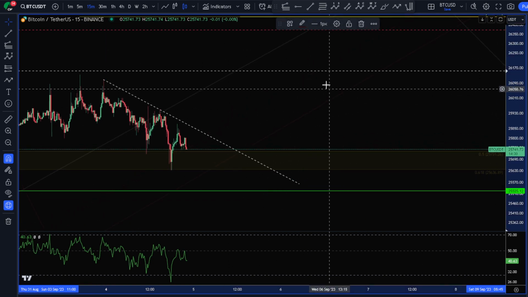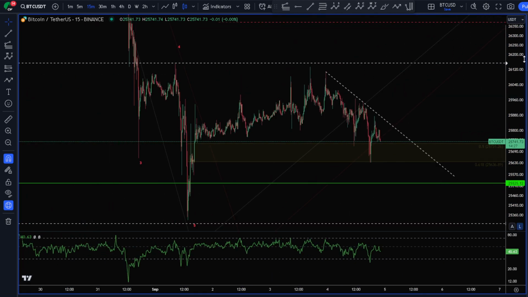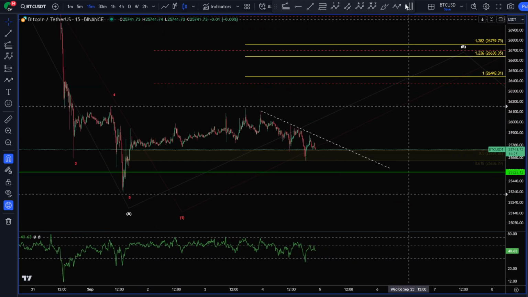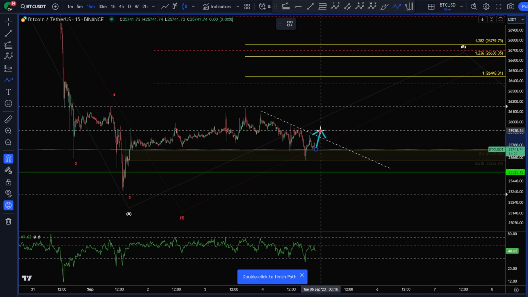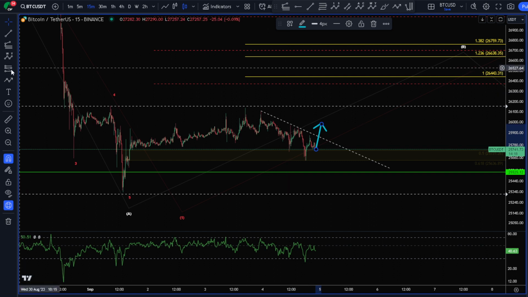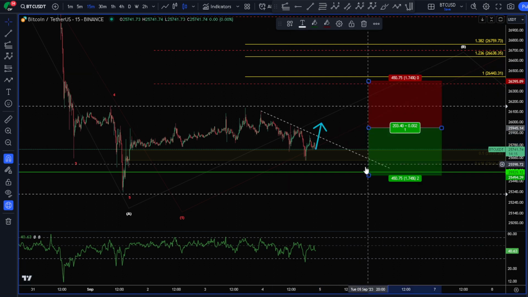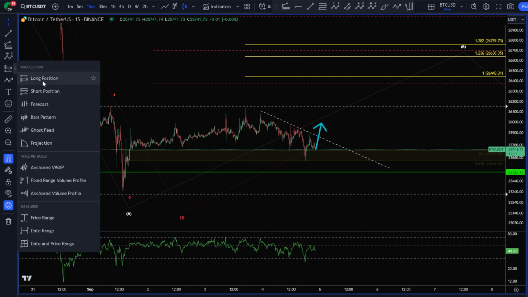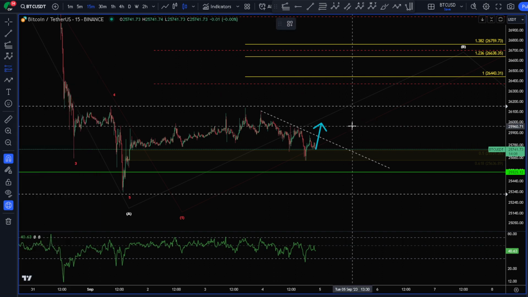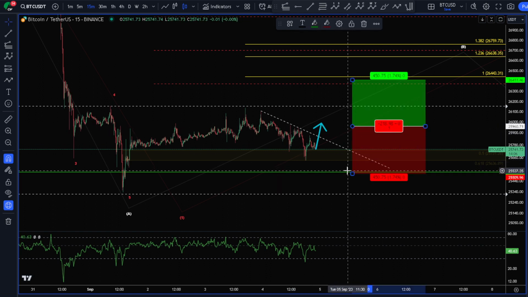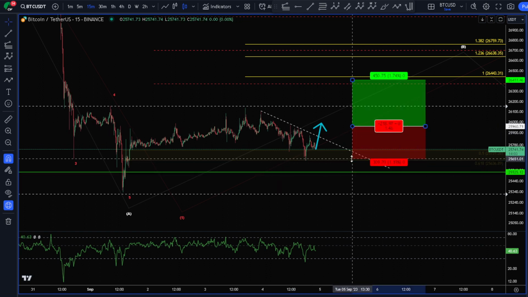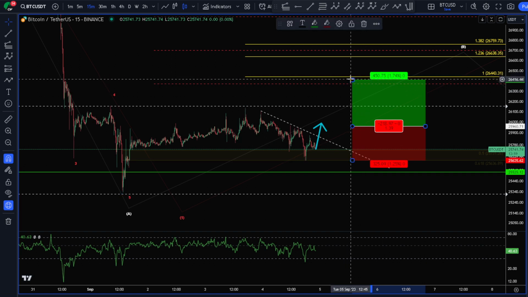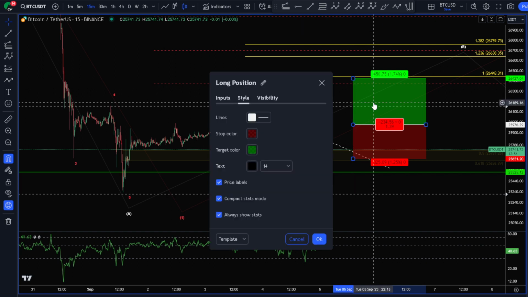We want to see a break to the upside like this. And what I would do is take my long from here. This is just how I would trade it. Take my long from above this area here. Stop would go at the low. And we're going to target the 1-to-1. It's about 1.5 to 1.